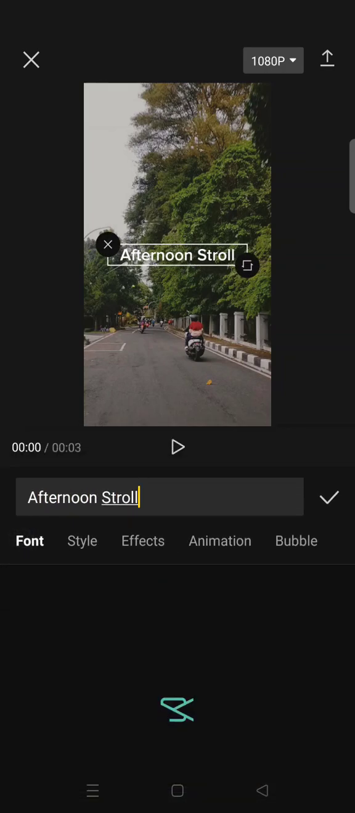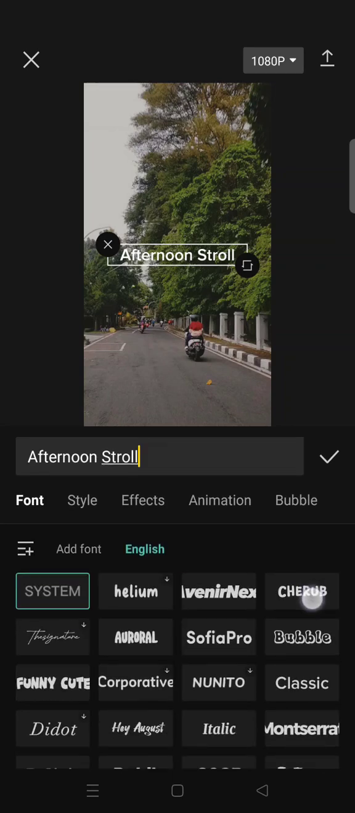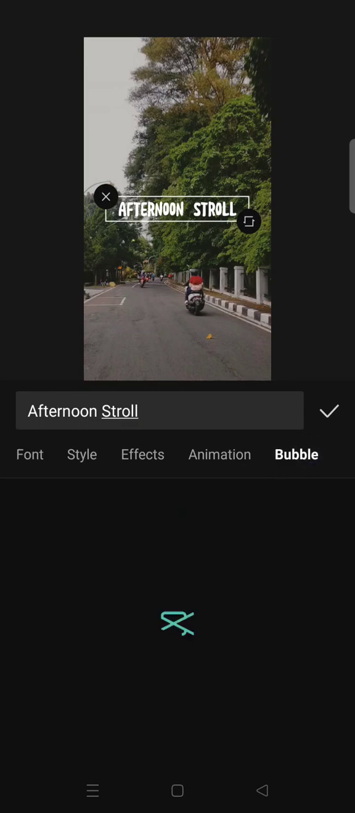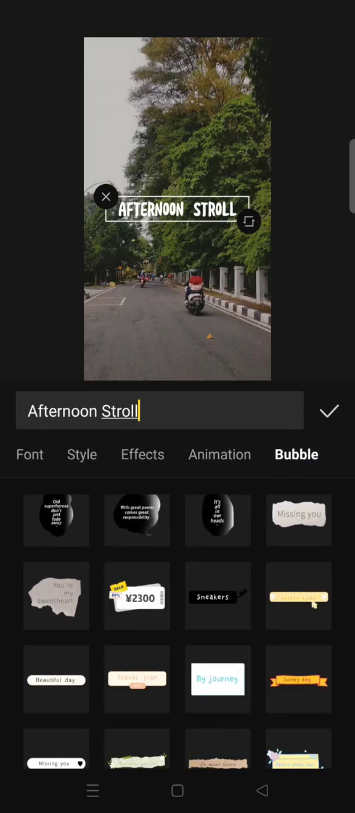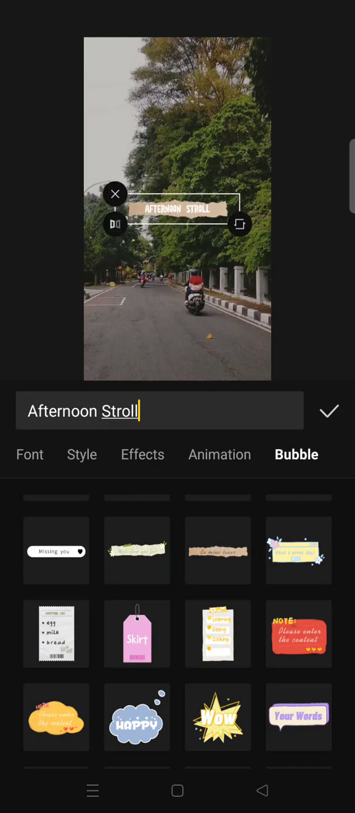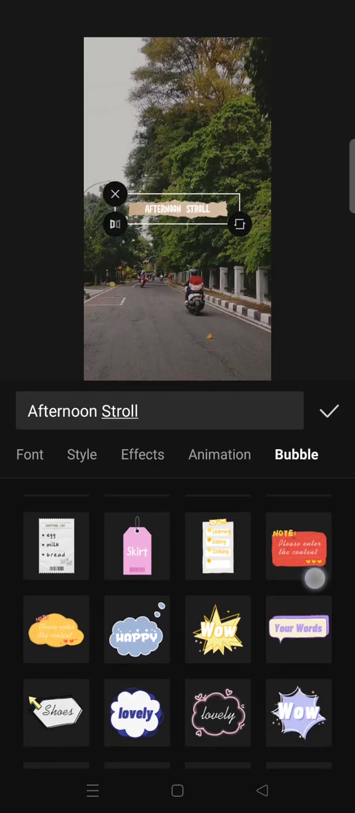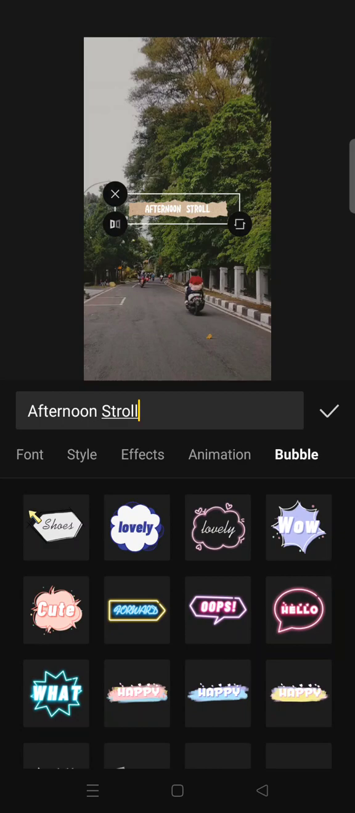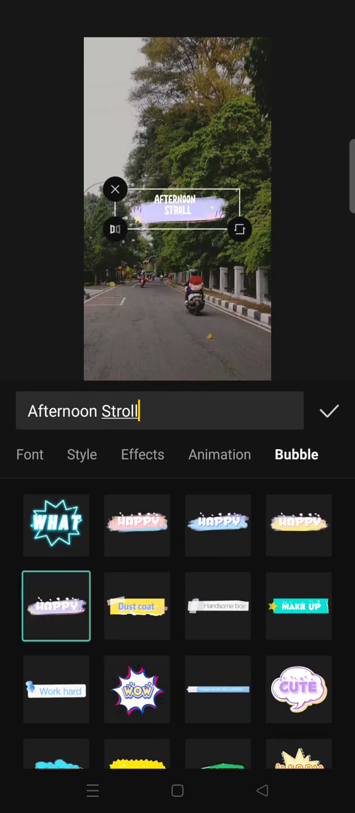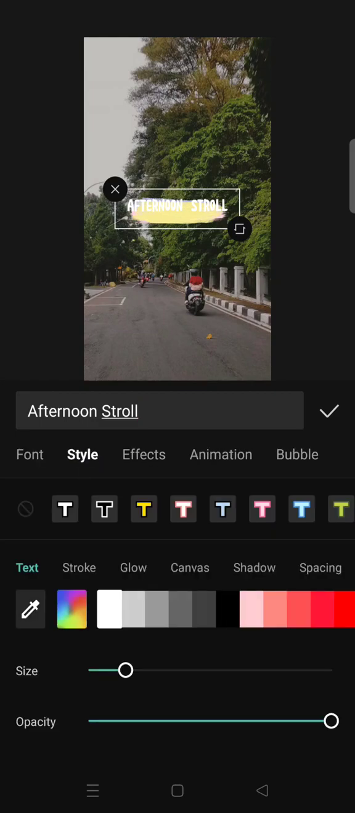Okay, you can change the font with your favorite one. I'm going to go to bubble and choose charming bubble template from CapCut. Let's try this one. Okay, I'm going to use this one, and I'm going to change the font first